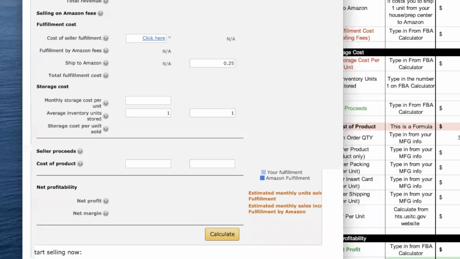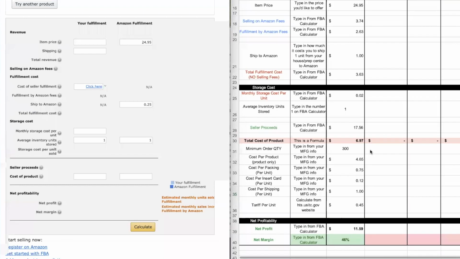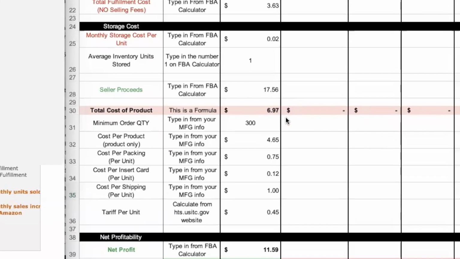So this is where we're going to switch gears over to our worksheet a little bit. So far, we've entered all this into the FBA calculator except for cost per product. So we're going to come over here and use our worksheet for this. When we gathered our initial manufacturer costs, which was week 7, the week right before this one, we